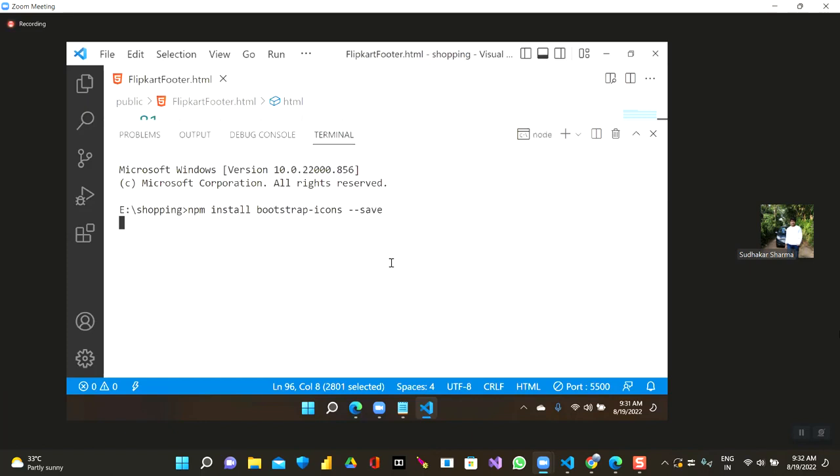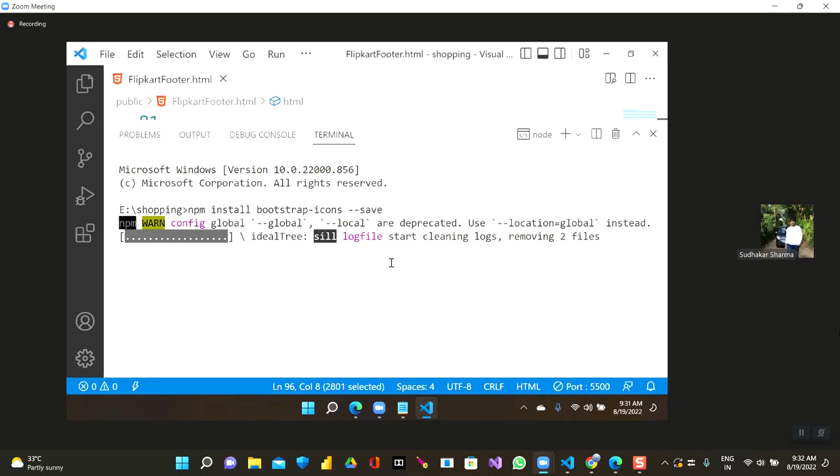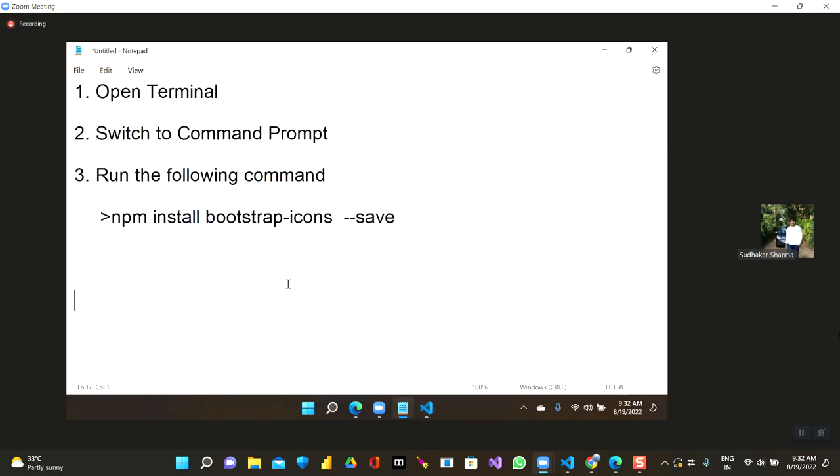So it will connect to their official website. It will download and it will install the icons for you. Once icons are downloaded, one important point, a note: any library downloaded using npm